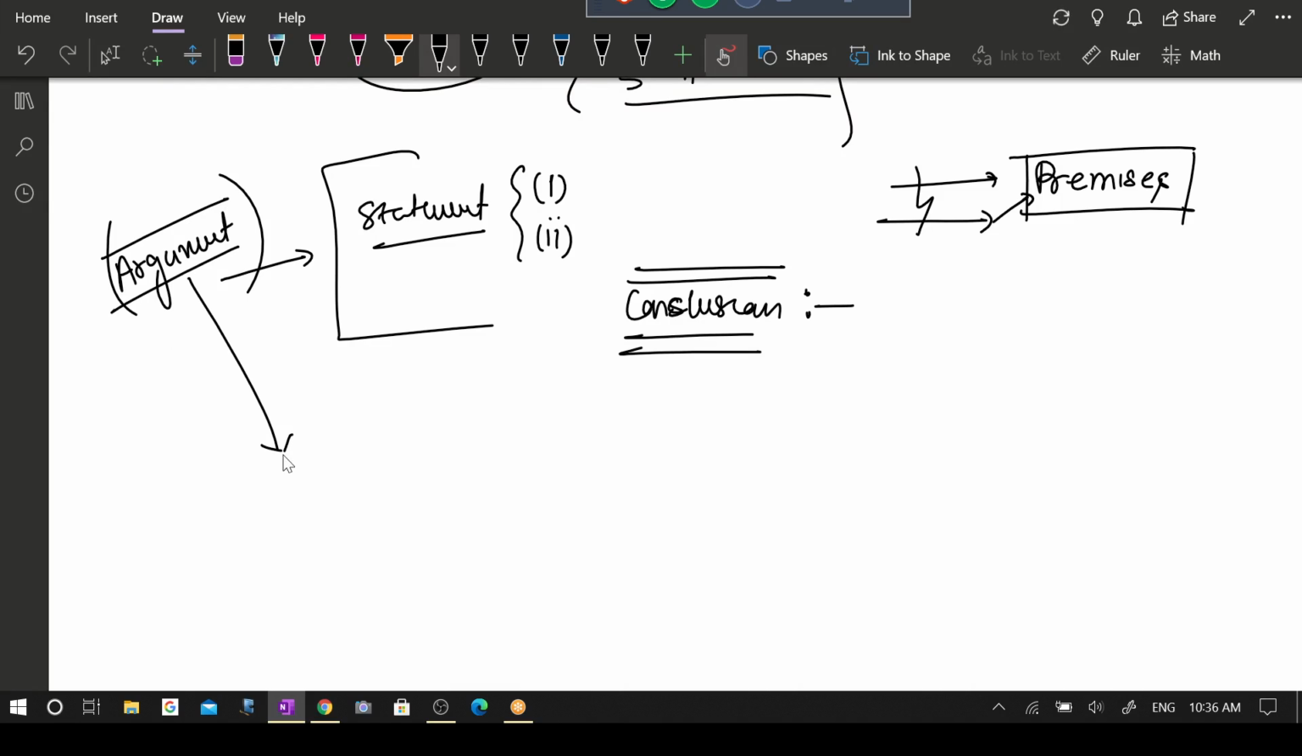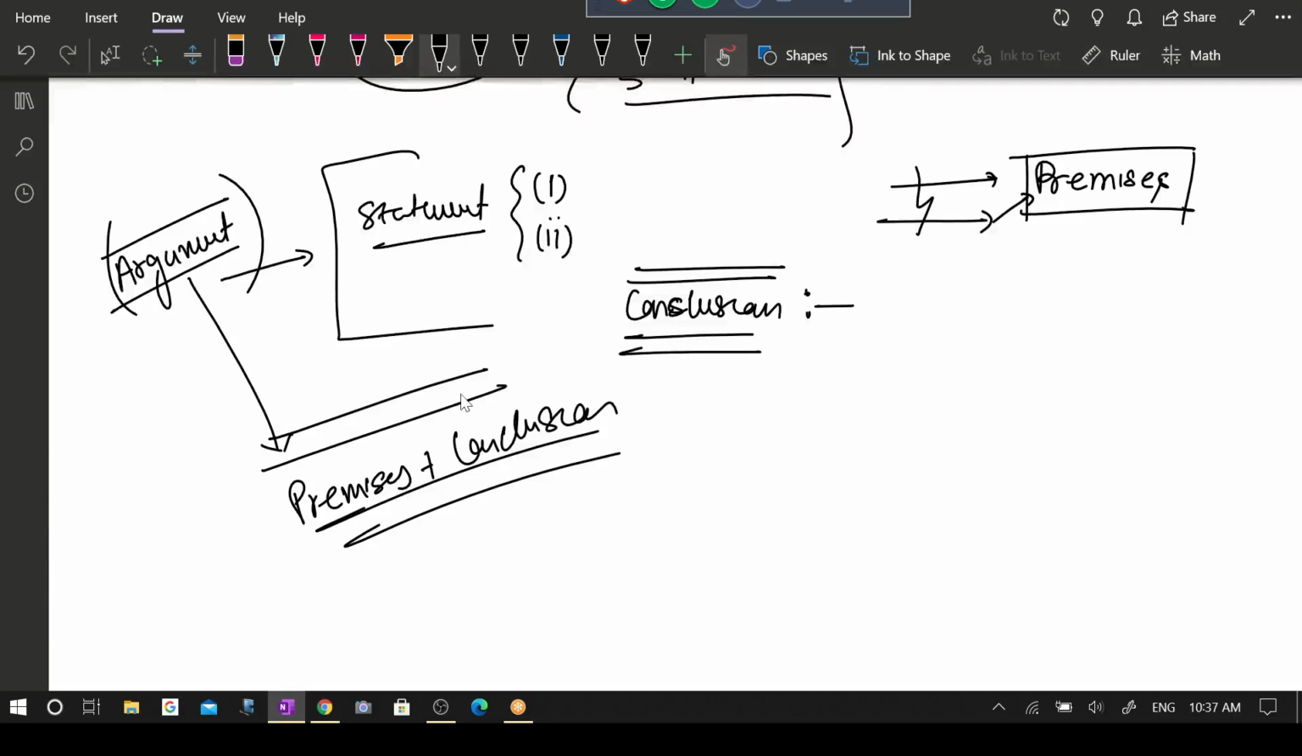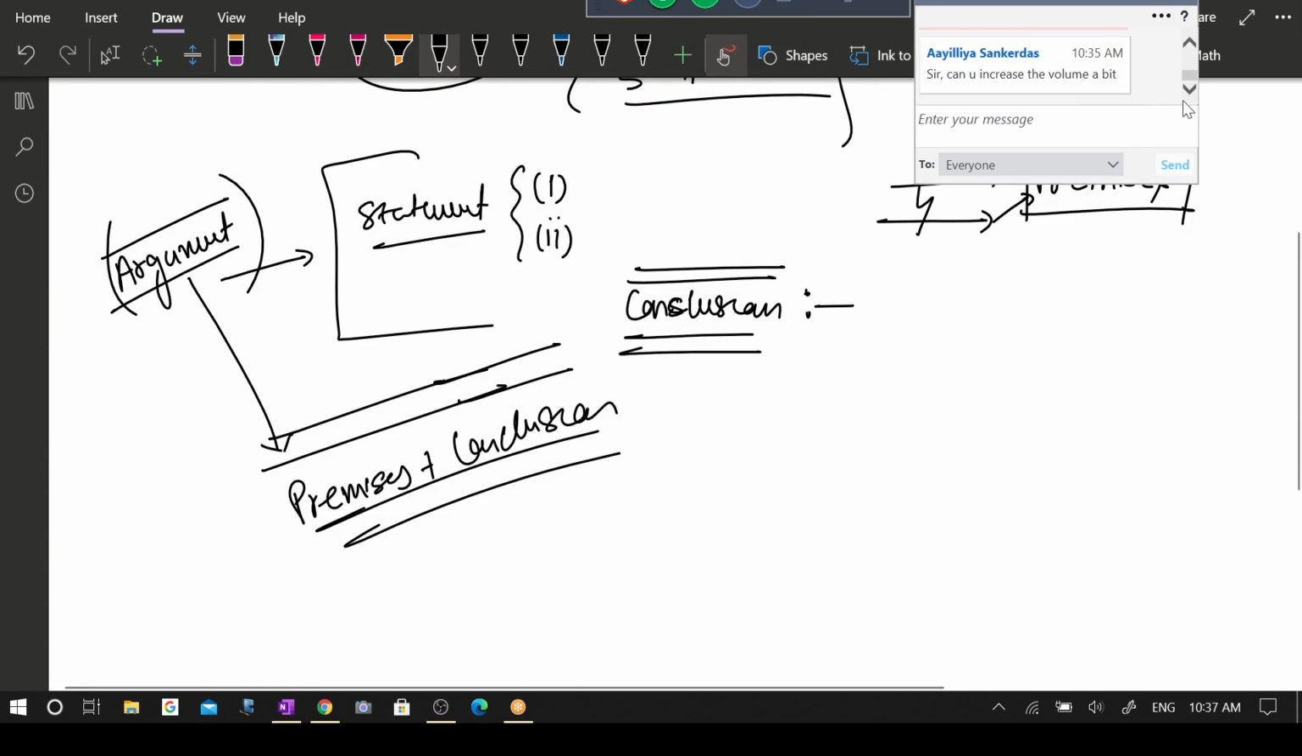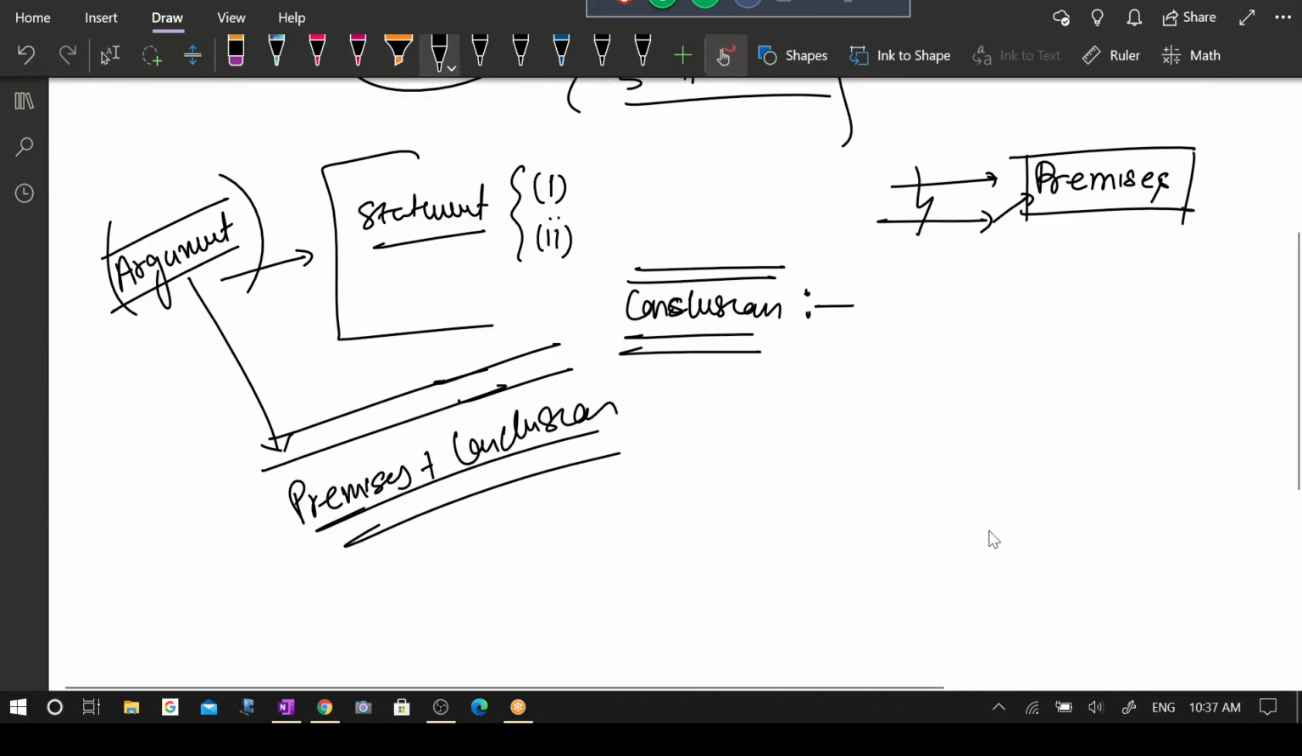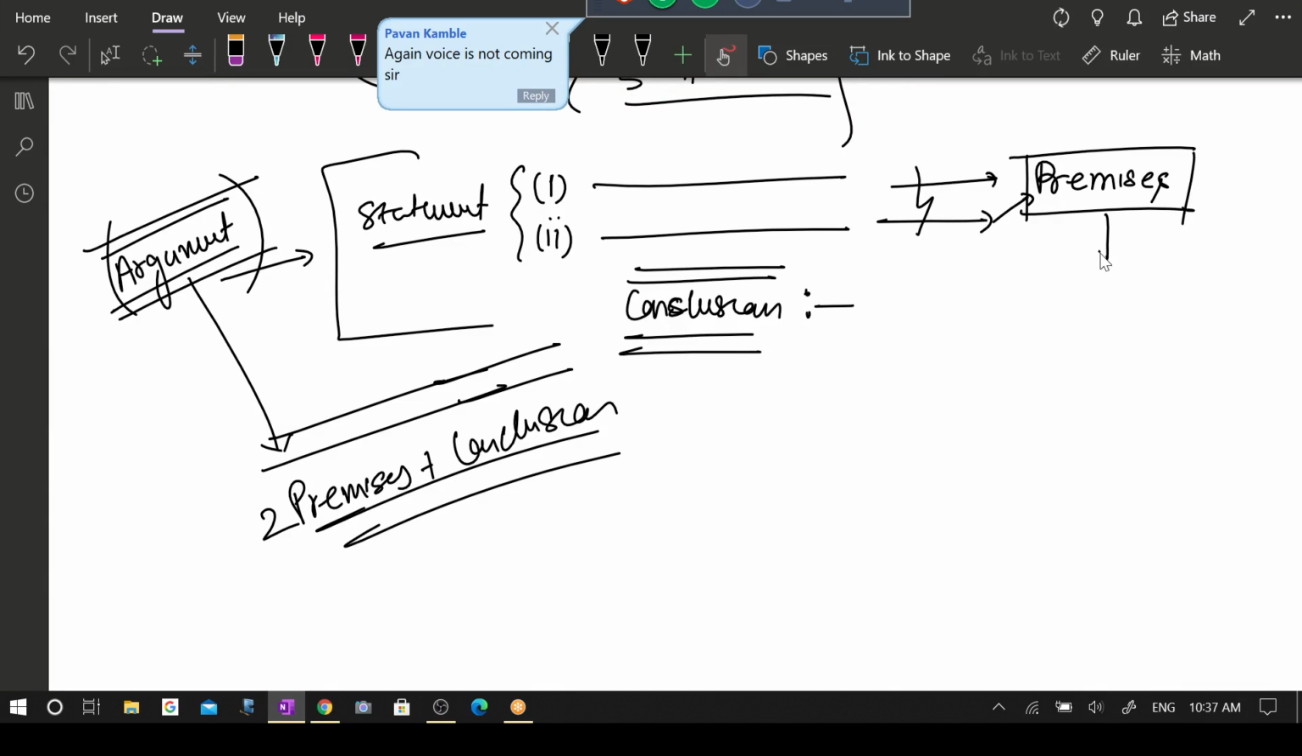So what is an argument? An argument is a combination of premises plus a conclusion. That's a general sense. For example, kindly write it, guys, please write it. So I'm going to increase my volume as well. What is an argument? An argument is a combination of two premises plus a conclusion. These statements are called premises, and always remember,